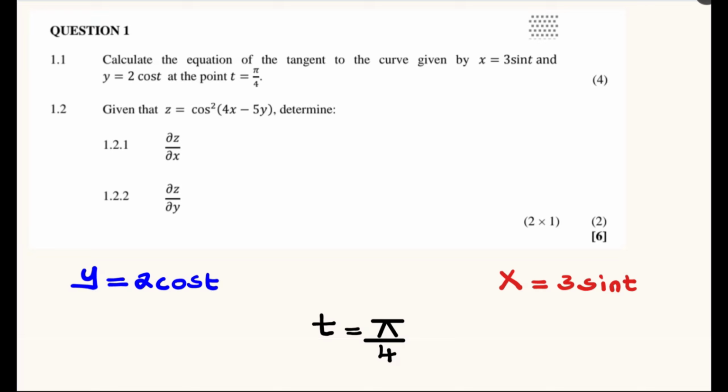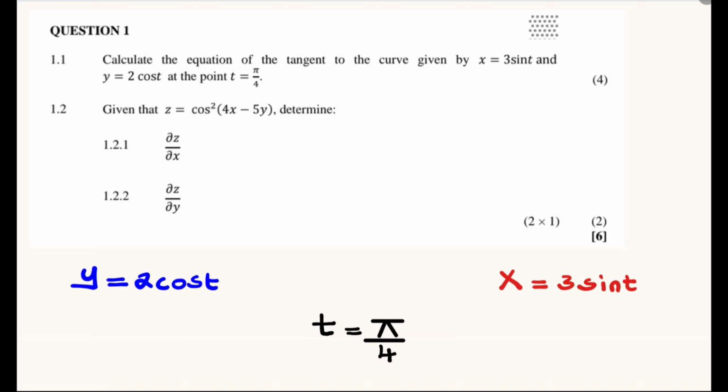My name is Bino. In this video, we go through question 1 from the April 2025 N6 Mathematics question paper. Question 1.1, we calculate the equation of the tangent to the curve given by the parametric equations x is equal to 3 sin t and y is equal to 2 cos t at the point t is equal to pi